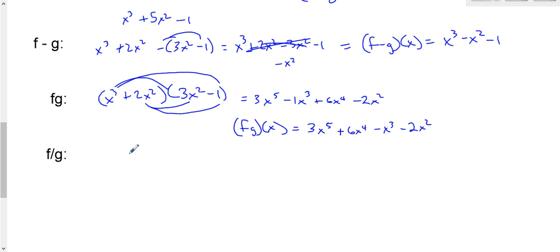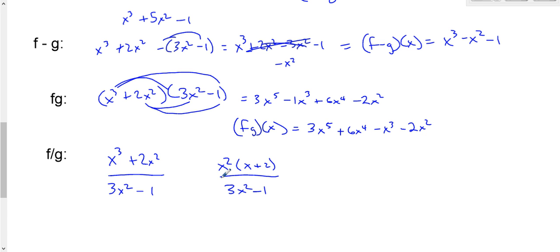And f divided by g is going to be x cubed plus 2x squared over 3x squared minus 1. Now I would look to see if I could factor. I could factor x squared out of the numerator, and that will give me x plus 2. But the denominator cannot be squared. So factoring does not allow me to simplify anything. And so f over g of x